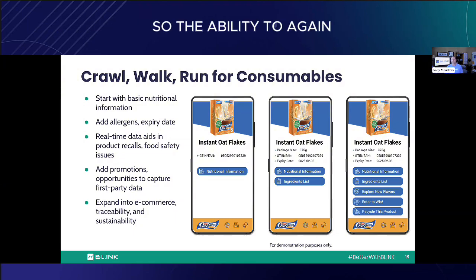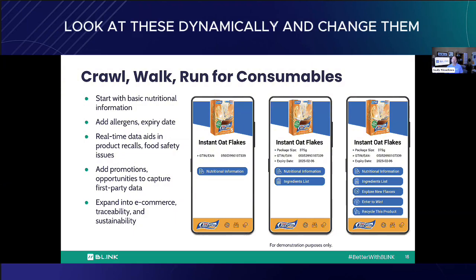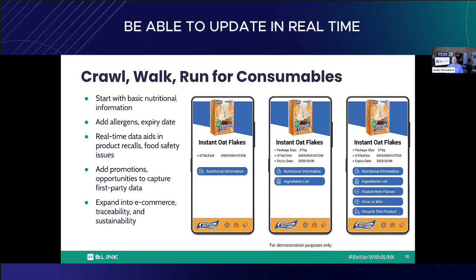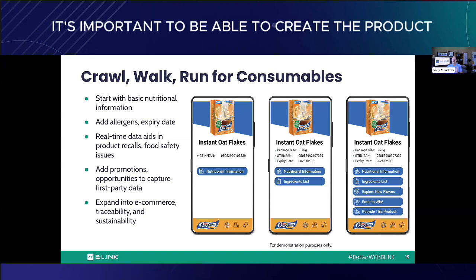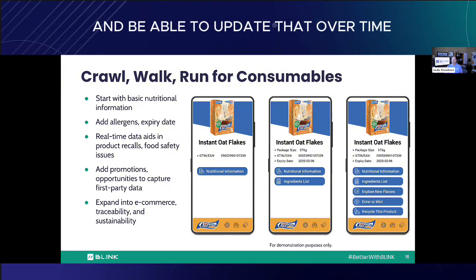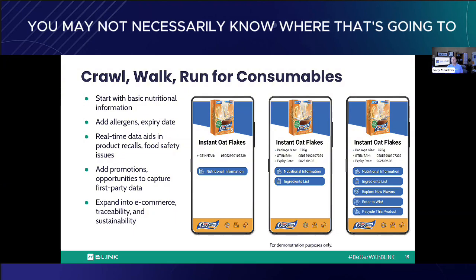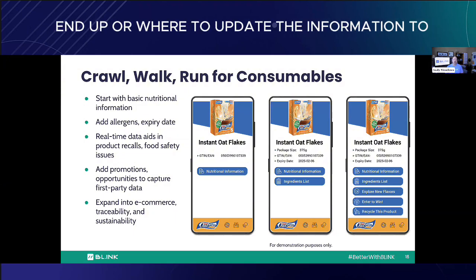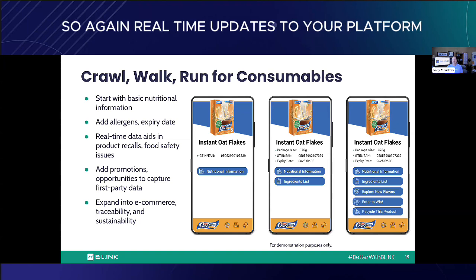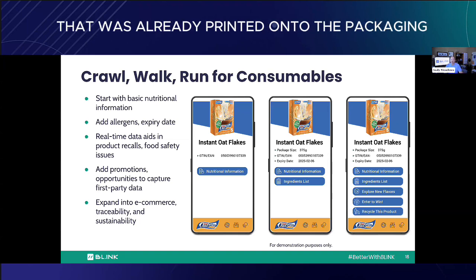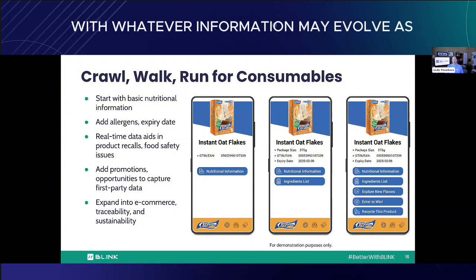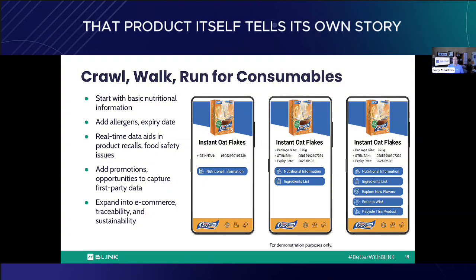So the ability to, again, look at these dynamically and change them in terms of that experience, be able to update in real time. A lot of times it's important to be able to create the product packaging well in advance and be able to update that over time, because you may not necessarily know where that's going to end up or where to update the information to. So again, real-time updates to your platform based on that same product code that was already printed onto the packaging. We can still update that later on with whatever information may evolve as that product itself tells